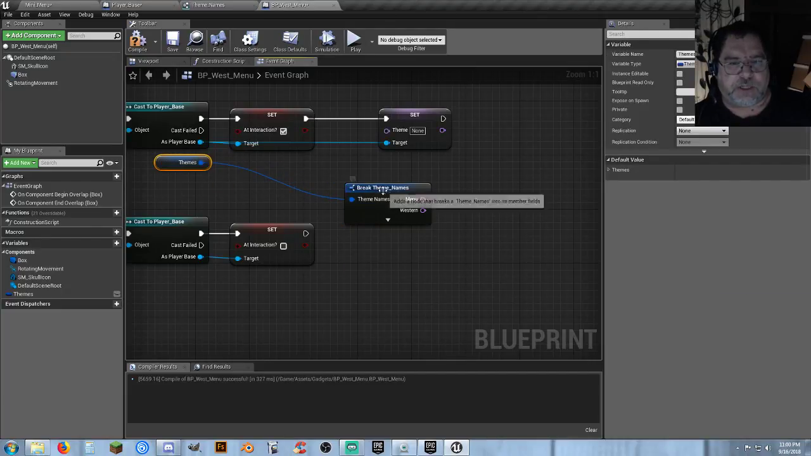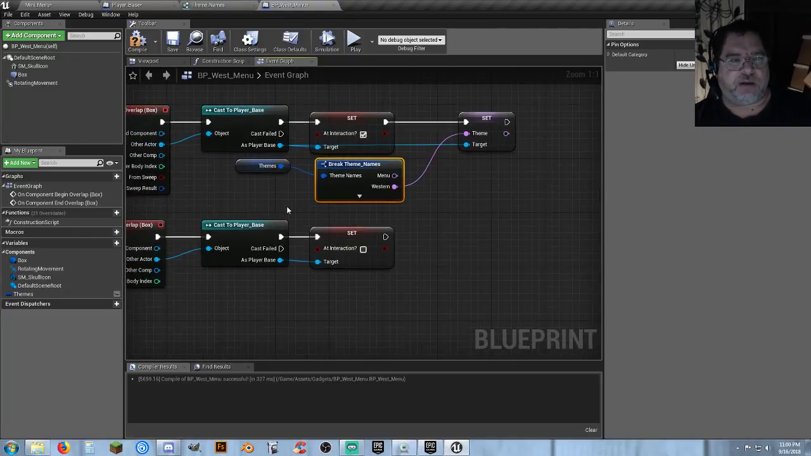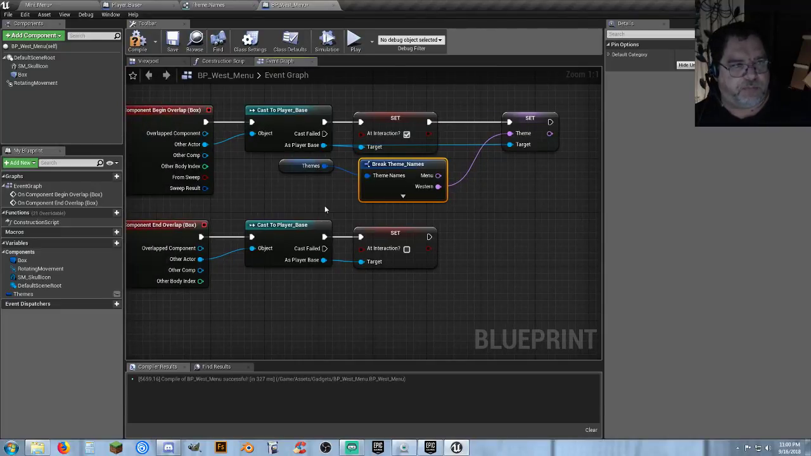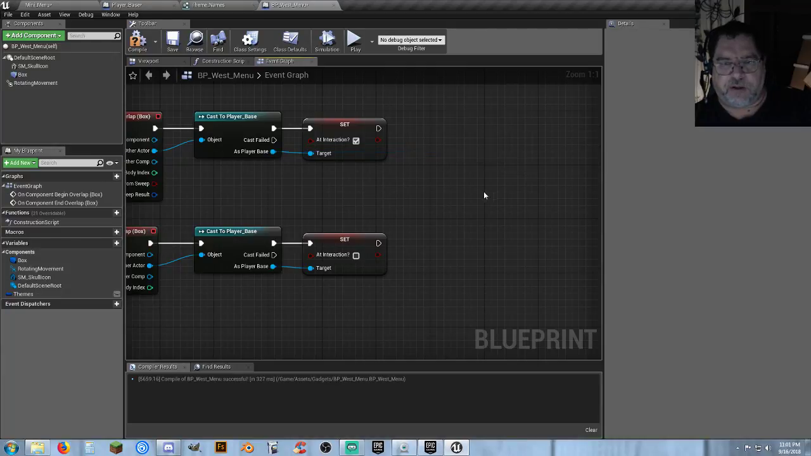So I'm setting the theme name here to Western. Totally overdoing this in the process. But whenever I step on that box collision, it's going to set add interaction to true. It's also going to set the location, or the name of where I'm going. I could actually, instead of doing that part and that part,